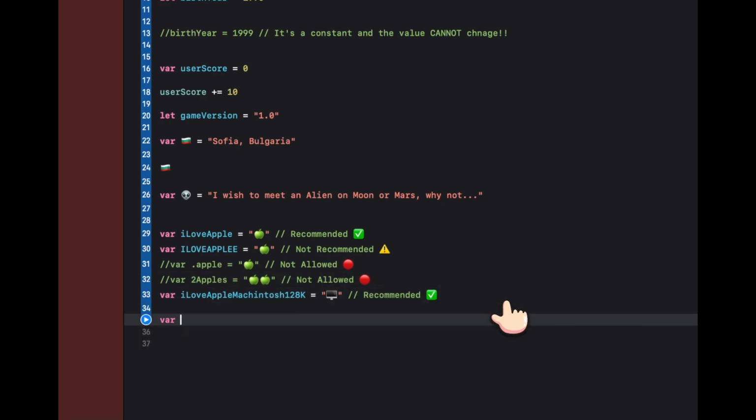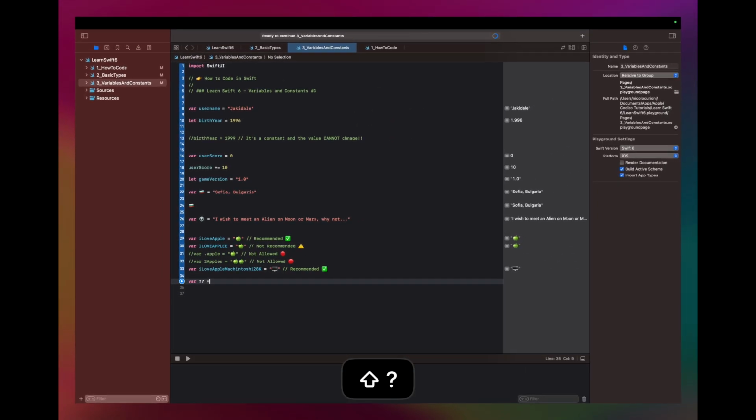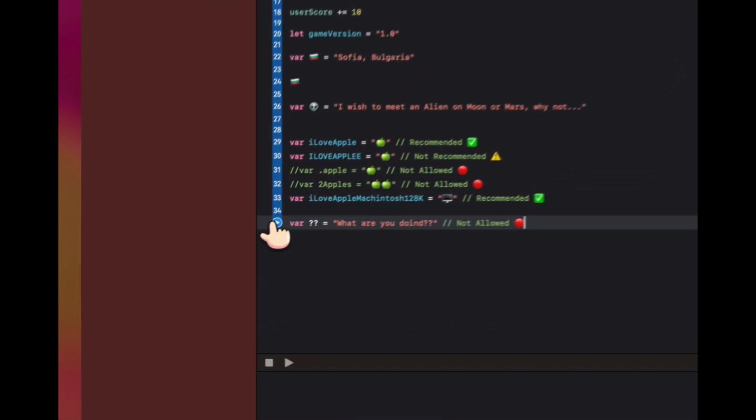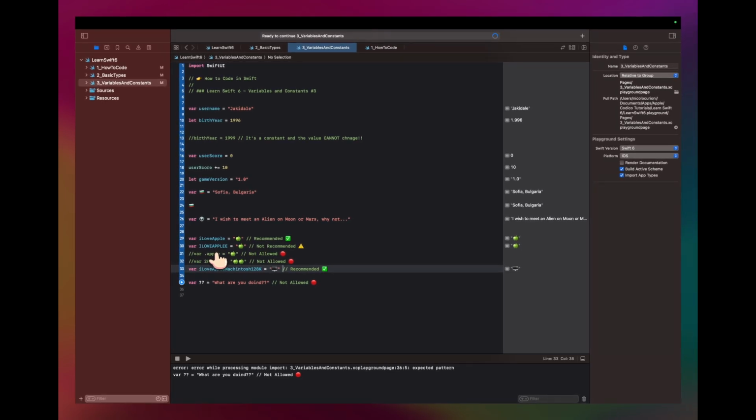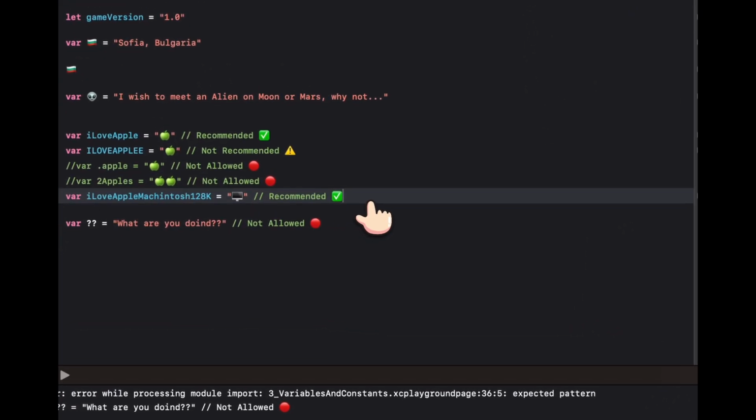For example, you can say var, it's equal to, what are you doing? Oh, what? This, oh man, come on man, this is not allowed. You can't put the double question mark here because you can't start with some of the special characters, but you can do other things or add a special character later. For example,